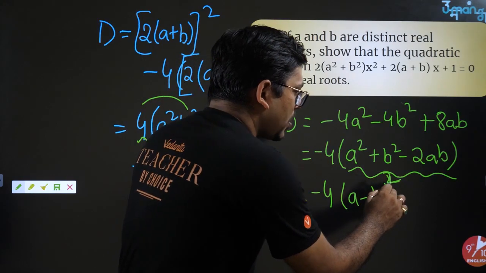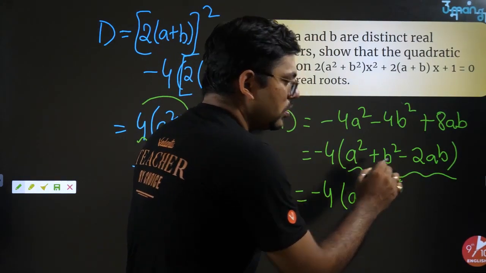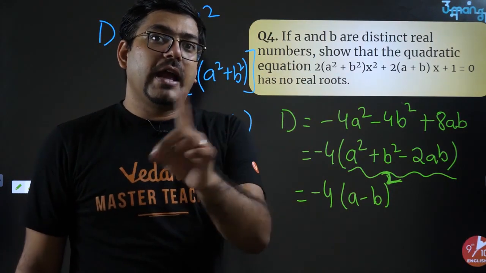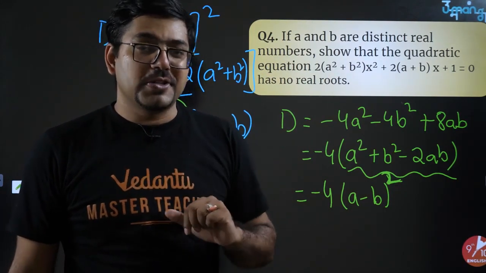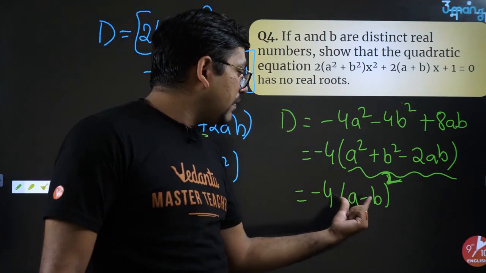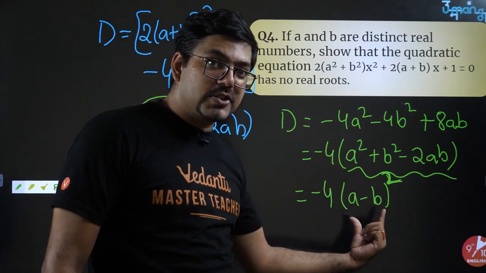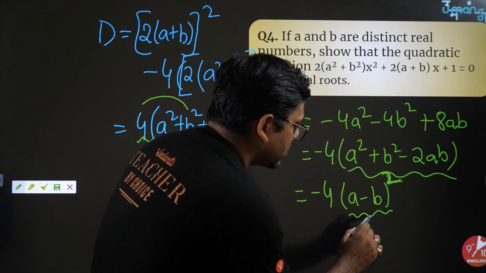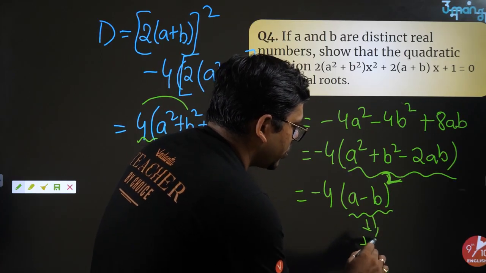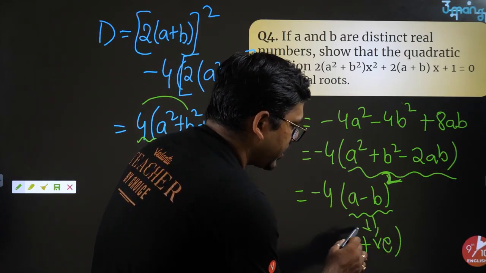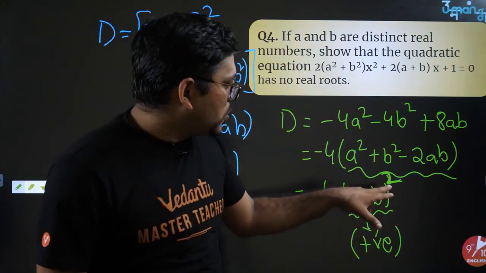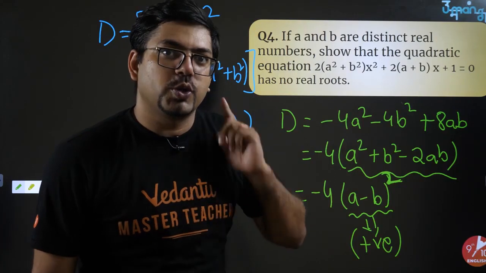And do you know what is the property of a whole square number? Any number which is a square will never ever be a negative number. It can never be a negative number. It will always be a positive number. Means you are precisely saying that this much bracket is always going to be positive. Okay, fine, I agreed to that. Because whatever be the value a minus b, I do not care. You have just squared it, and that's why it's going to be positive.